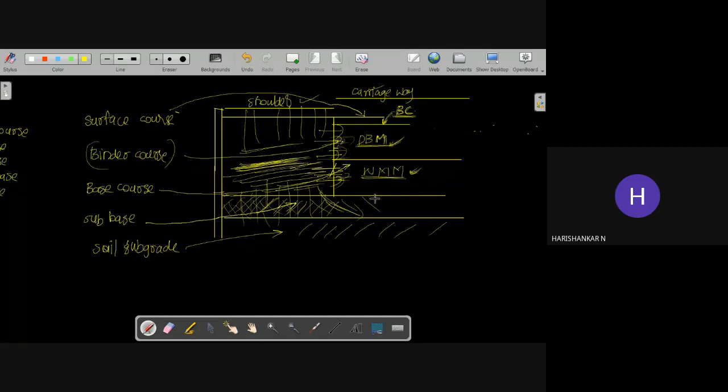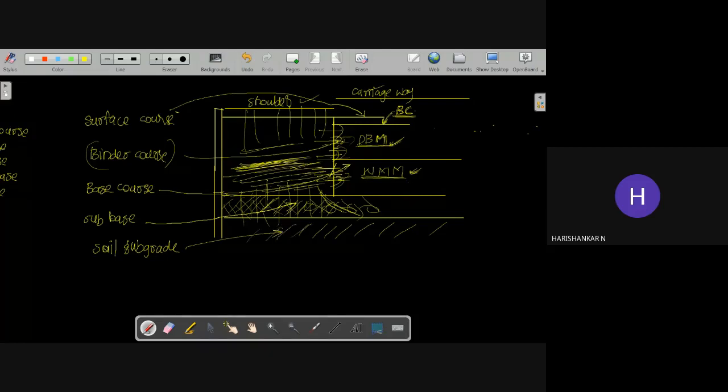And also you can have the large sized aggregates, and the aggregates can withstand large amount of force. And here you can have all the force handled by the aggregates. So that will also help in the strength criteria also. So both in strength criteria and the water penetration criteria, it is better to use large sized aggregates in the subbase course. So the granulated subbase consists of large sized aggregates, and the corresponding mixed design also you have to study during the next class.